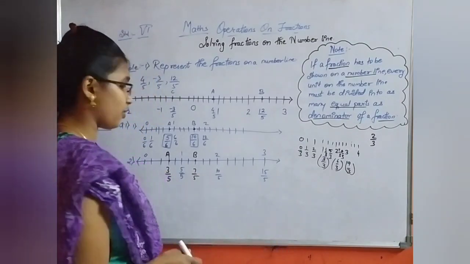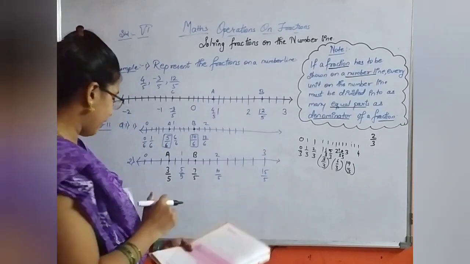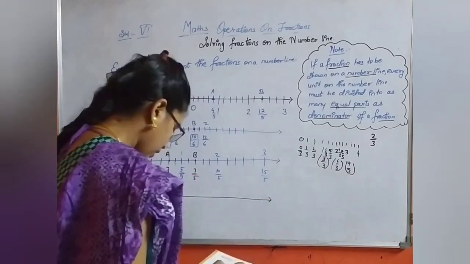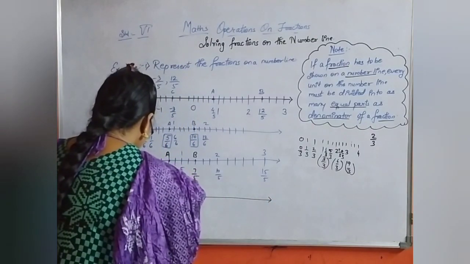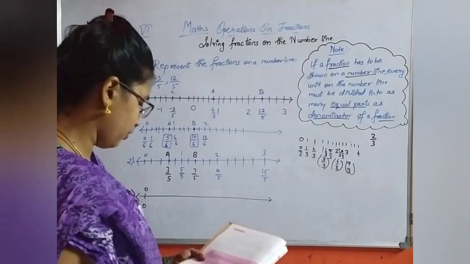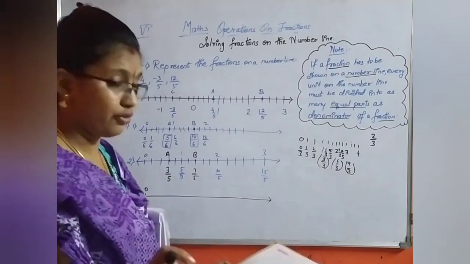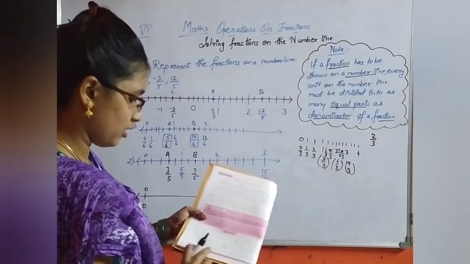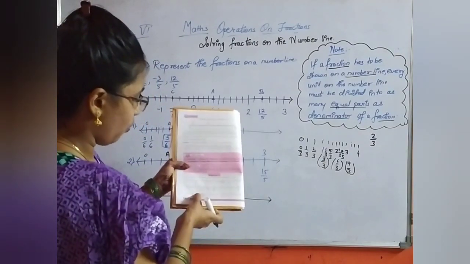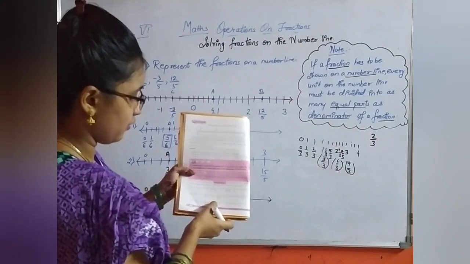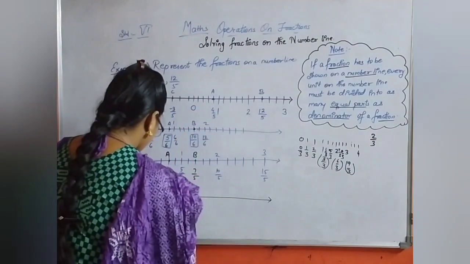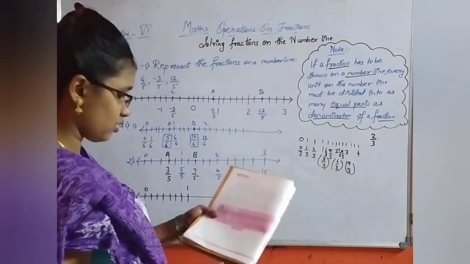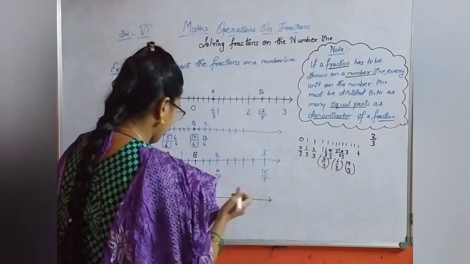Now the third one is for your homework from your textbook. We have a number line. 0 is written as 0. There is no division shown as such. We have to find it with the units provided. So after 0, in between 0 and 1, how many units are there? 1, 2, 3, 4, 5, 6, 7 units. The seventh unit is 1. So similar it will be for 2 also.